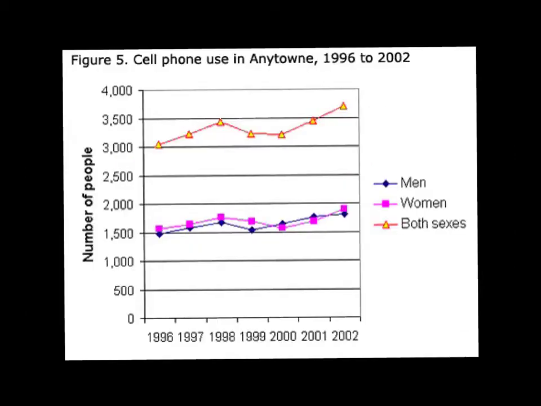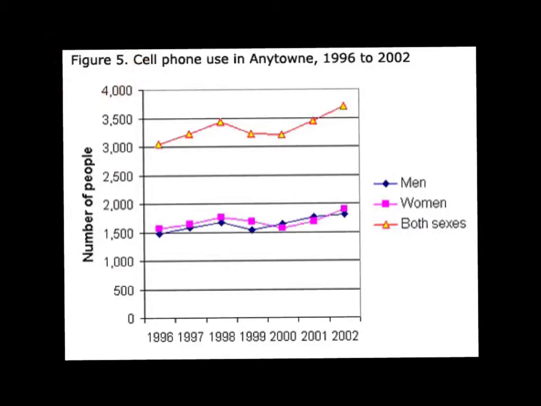The final graph option we're looking at is a line graph. A line graph shows changes over time. That's the biggest difference between the other types of graphs. You'll notice this graph is actually missing the title of the axis down here, but it is showing the men, the women, and both sexes. So you can see the line graph, you can see the trend of what's happening, what's changing over time. It also has a great title here, and you'll notice it has figure 5, which we want to see